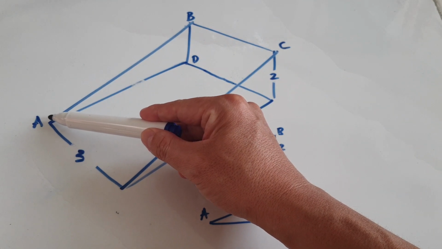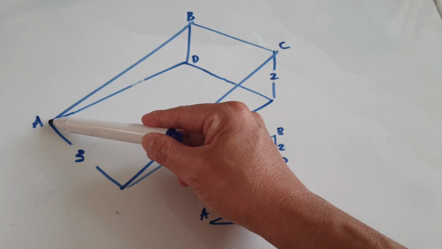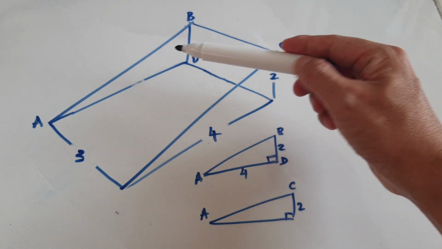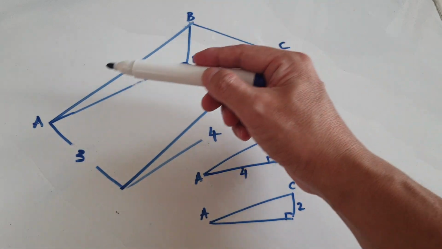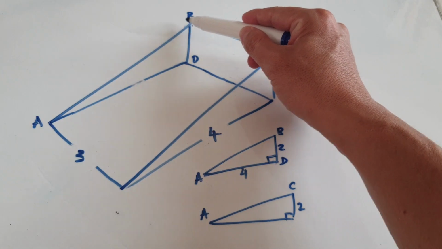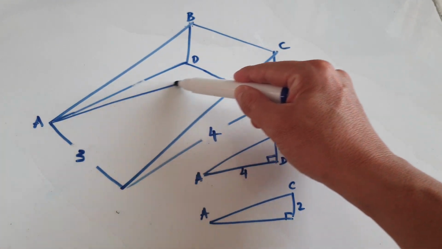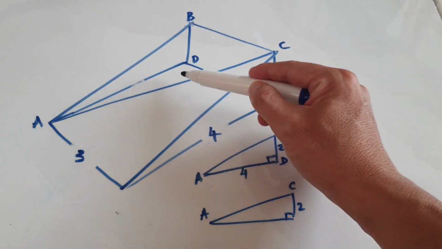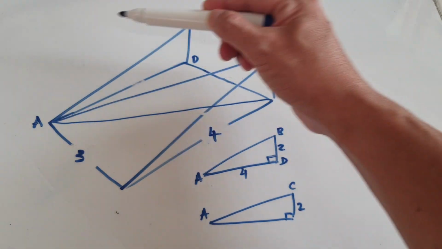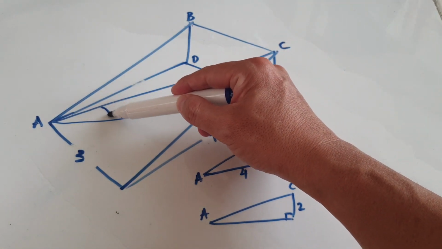Is it easier to cycle from A to B, or is it easier to cycle diagonally across from A to C? So which angle is higher? Which angle is bigger? From A to B or from A to C? Because from A to C, I hope you can see there's another triangle down here, and your job is to work out this angle. Let's call it